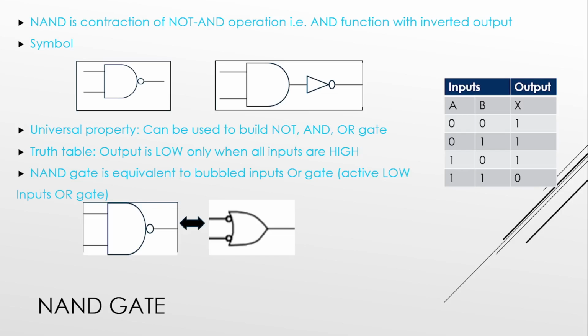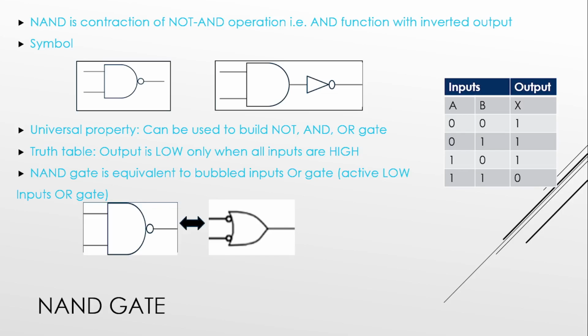Now what will be the truth table? So inputs 0 0, what will be the output of AND gate? It is simply 0. So here it is inversion of that, inversion of 0, that is 1. So input 0 0, output of the NAND gate is 1. Then simply for 0 1 and 1 0 also we have 1, wherein it was 0 in case of AND gate. When both inputs are 1, we see that output of AND gate is 1, while it is 0 in case of NAND gate since it is inverted.